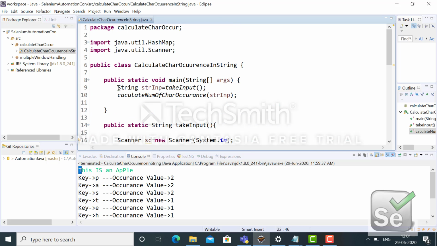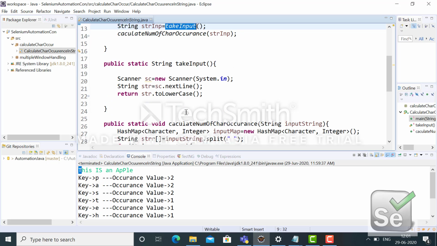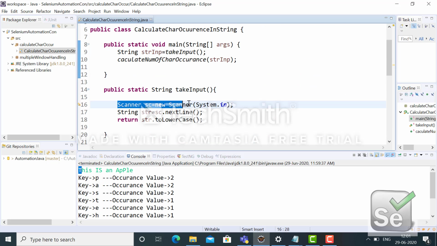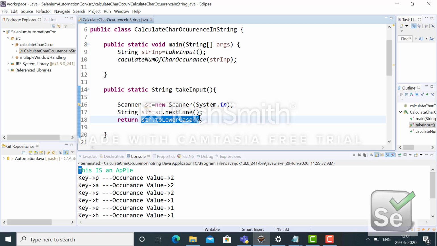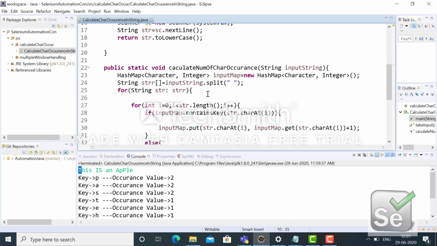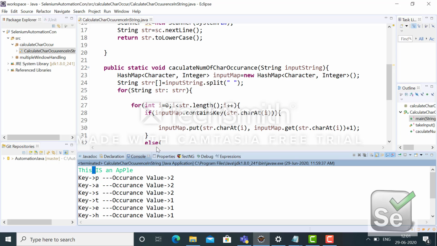So here basically what I did, I implemented the take input method, where I call the Scanner class and take the input, and before returning the input I convert it to lowercase. Then I catch the same input over here and pass it to this particular method. Here I have taken a string delimited by space.